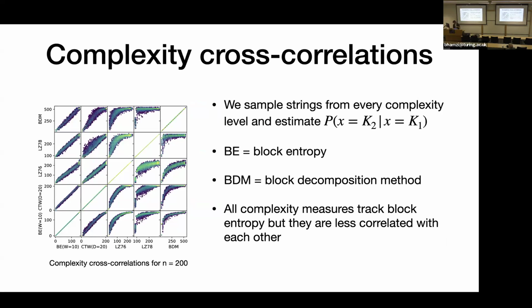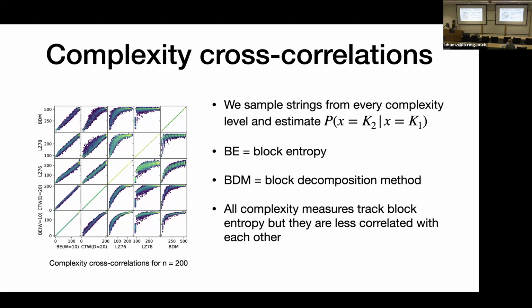And we can also compare complexity measures against each other directly. And this comparison is a data agnostic way. So we just generate strings using random sampling. And after the system evolves for a given amount of time, it should be a good sampler of simple low complexity strings and strings across any complexity level. So here are shown 5 different complexity measures: block entropy, context-free weighting, Limp-Positive 76, 78, and BDM, the